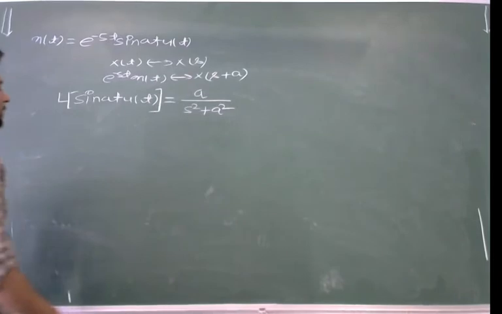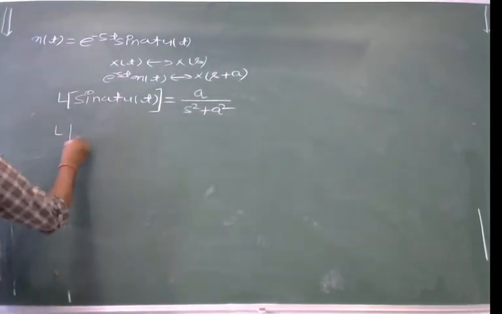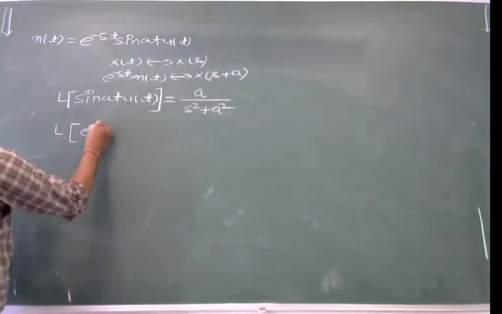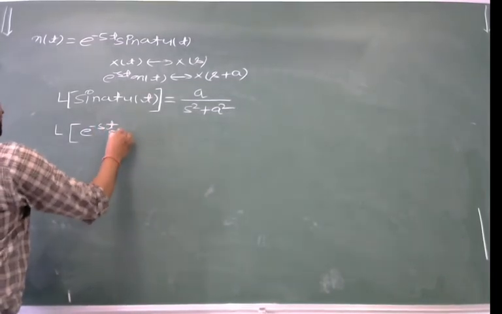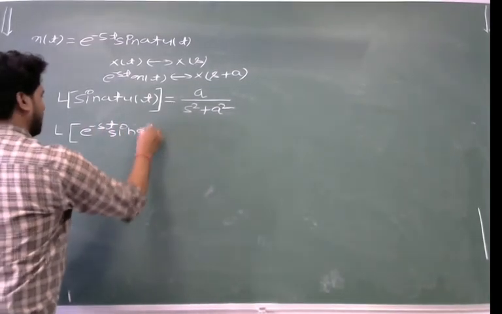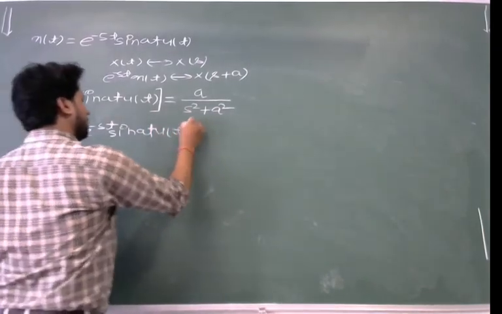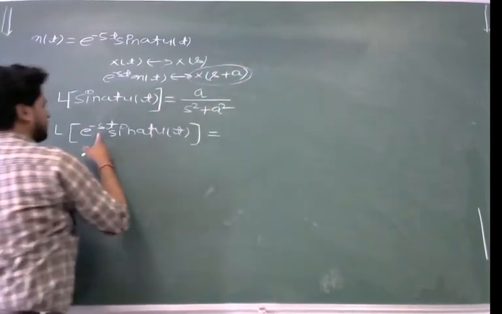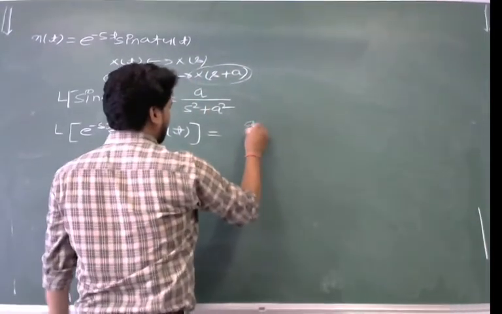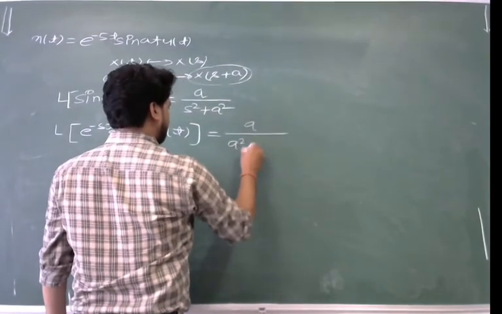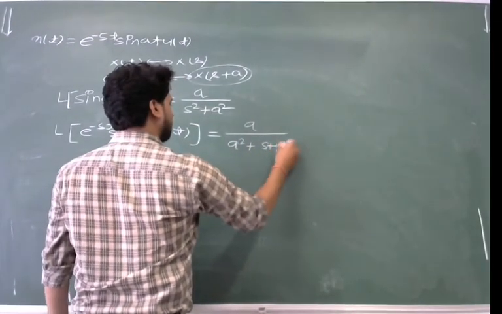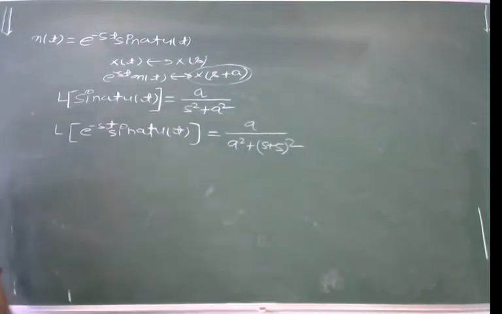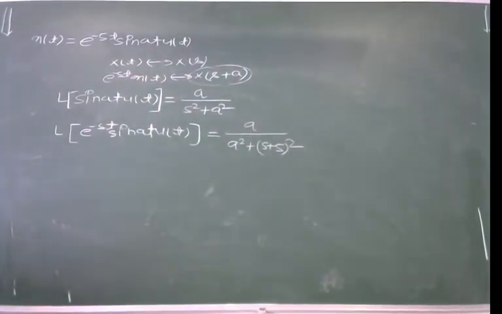So the Laplace transform of e power minus 5t sine of at u(t) will be equal to, now in place of s I will write s plus 5. So this will become a upon a square plus whole square of (s plus 5). This is another case of the shifting in the Laplace transform. Now